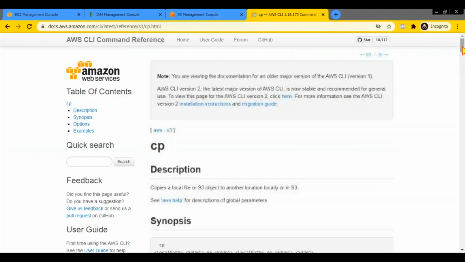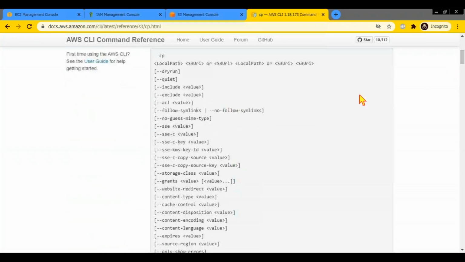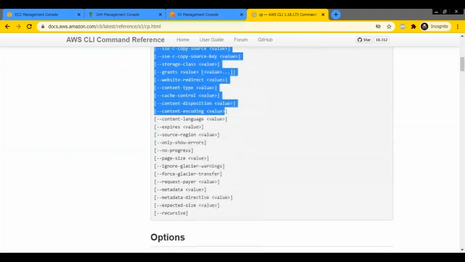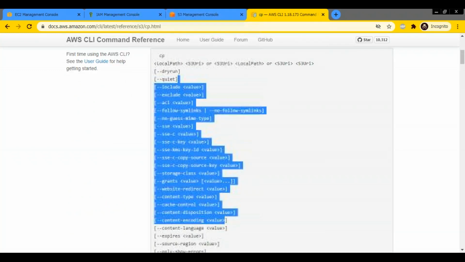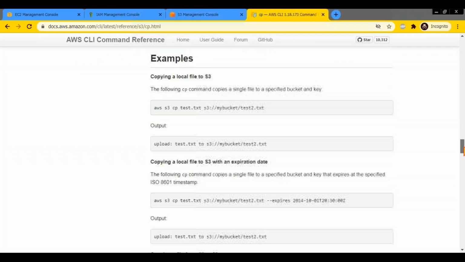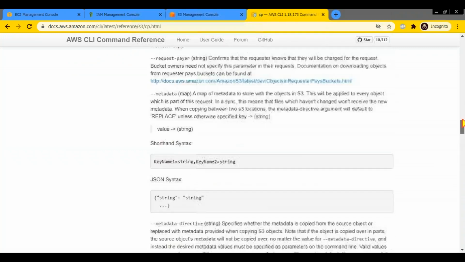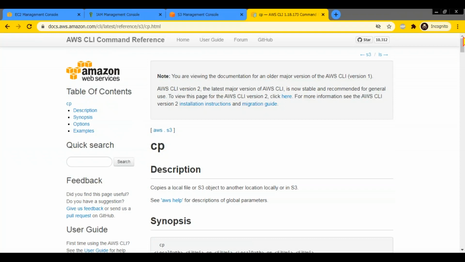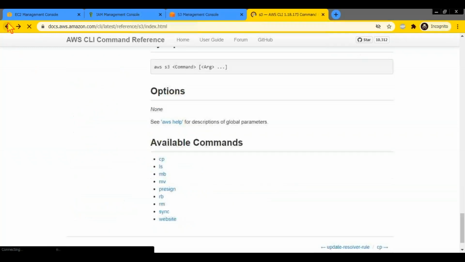So options, again, you can't remember everything. See, all these are the options. Most of them we might never use, but some of them, at least what is given in the examples, if you go through, it is more than enough. Most commonly used stuff is given as examples. So you just copy the commands, you paste it, you have to know what to rename. For that you have to know the service. Without knowing the service, you can't use the command line.